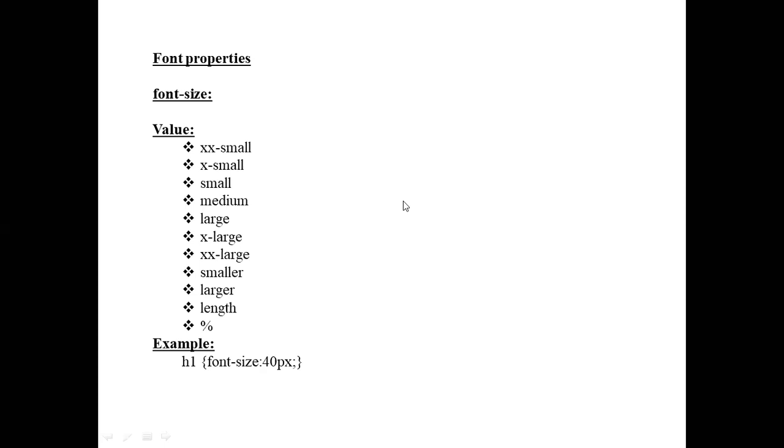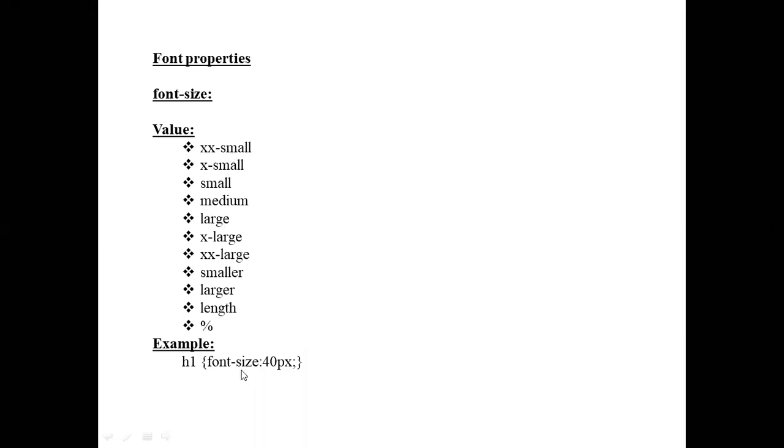Next one, font size. The font size property specifies the size of the text. There are different values for this font size property. First one, XX small: font-size colon XX small sets the font size to XX small size.